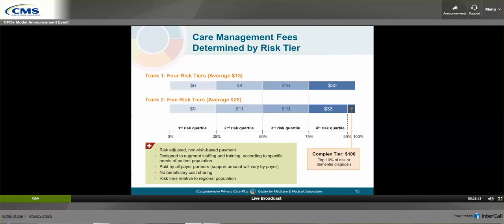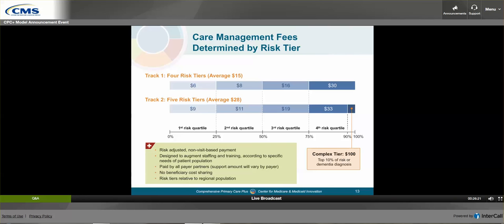So now we'll go into a little more detail on the care management fees. As everyone knows, some patients' chronic conditions require care management, and others have episodic need for care coordination. And either way, it can translate into a significant work for practices to coordinate patient care. And we expect this care management fee to support these sorts of wraparound services. Again, the care management fee is a non-visit-based prospective payment. It is paid to practices for Medicare fee-for-service beneficiaries that are attributed to them. And these beneficiaries will have no cost sharing of the care management fee.